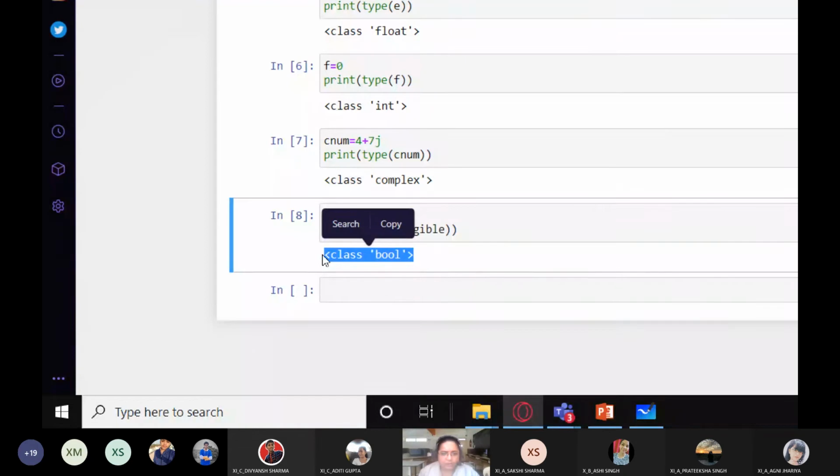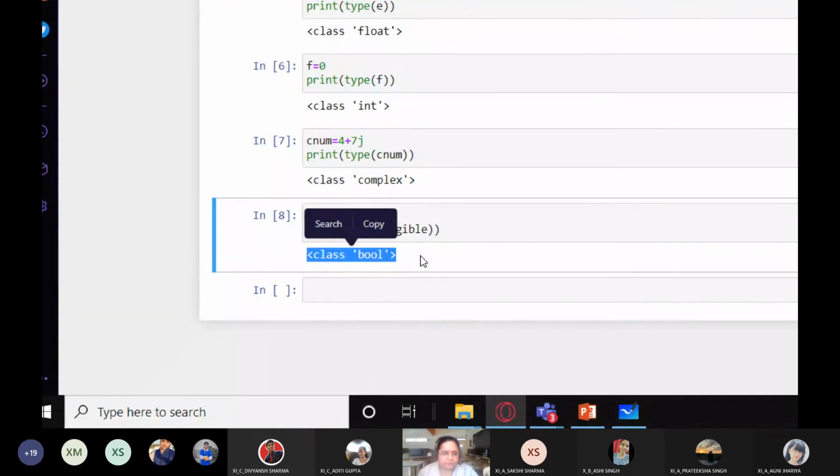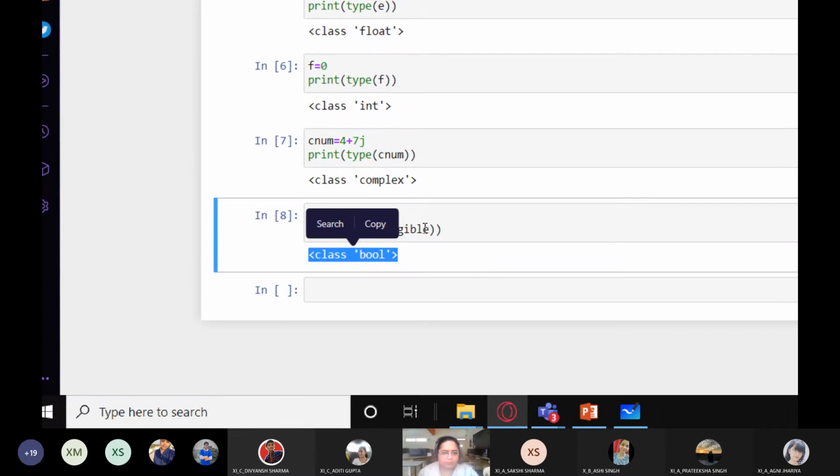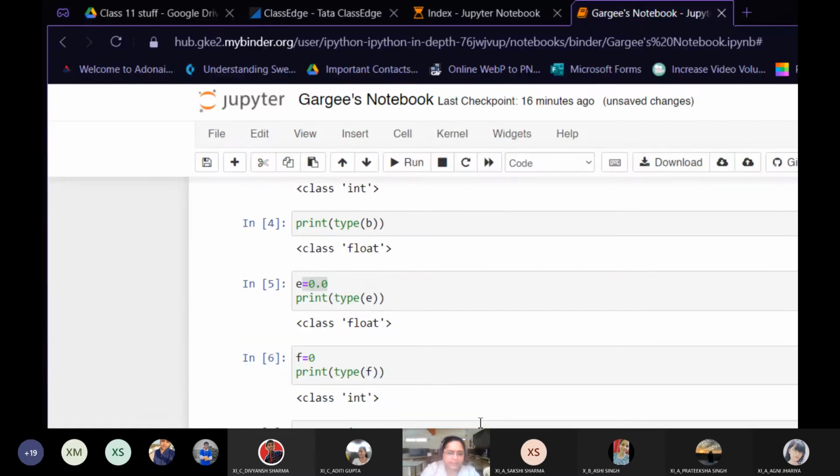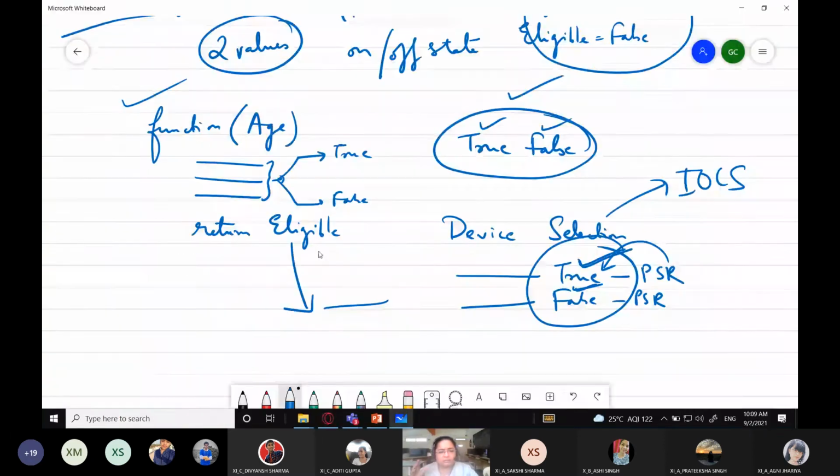Short for Boolean, that is bool, right? So any Boolean data type can contain only either true or false. So the literals are only these two, true and false.